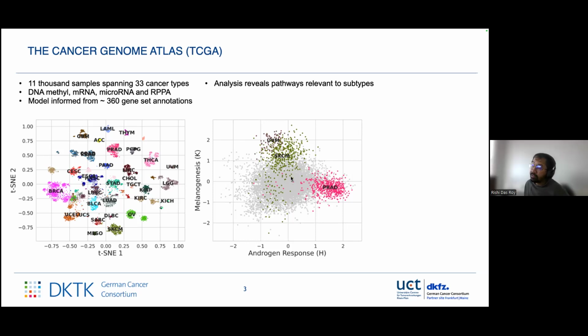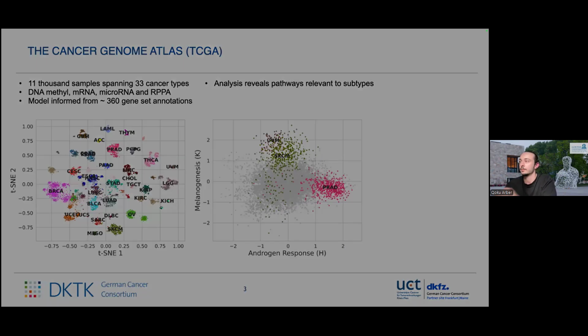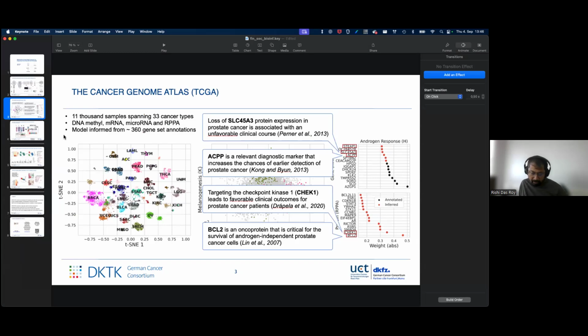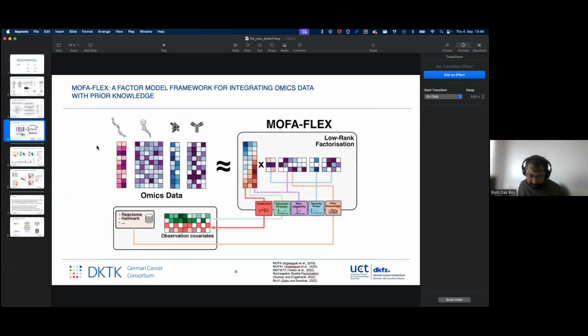This kind of plot can easily be plotted with MOFA-FLEX. You can take exactly two different pathways, plot the scores, and color them by different metadata in your data set. Okay, great. I don't have any other questions. Thanks for the questions.